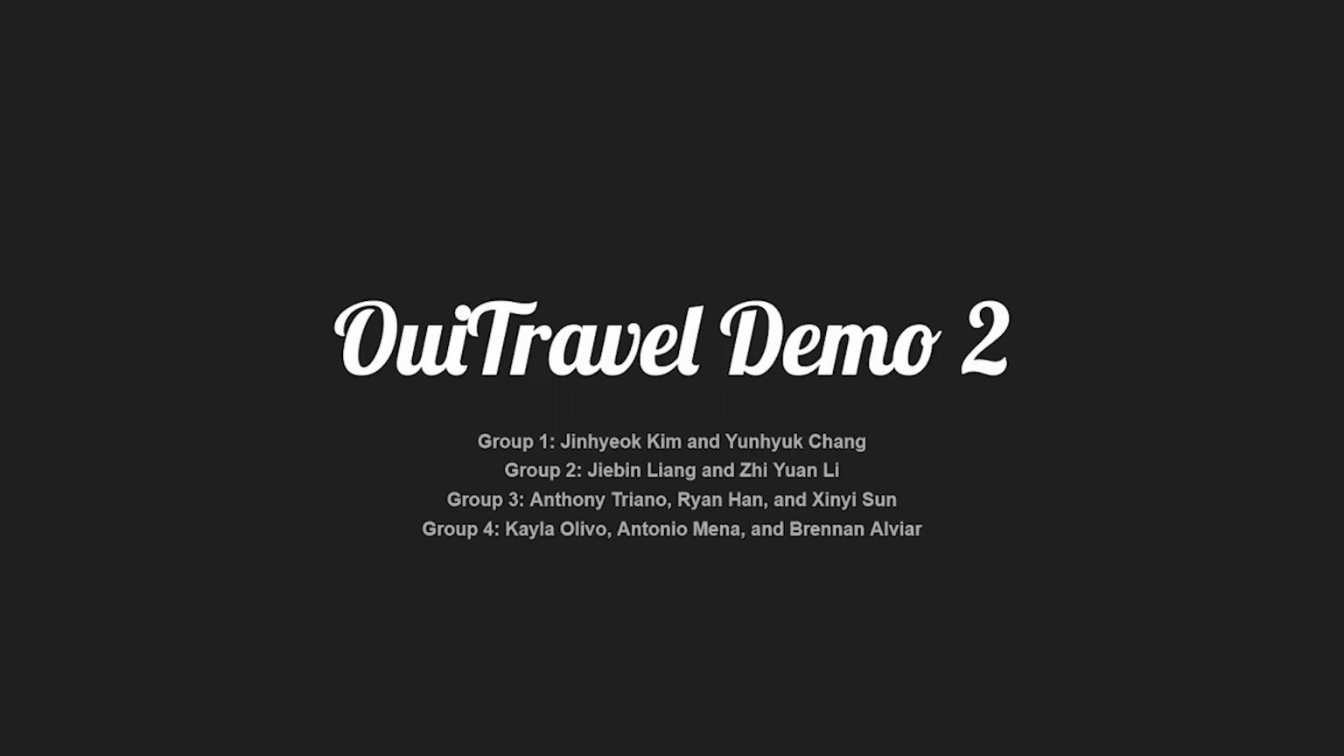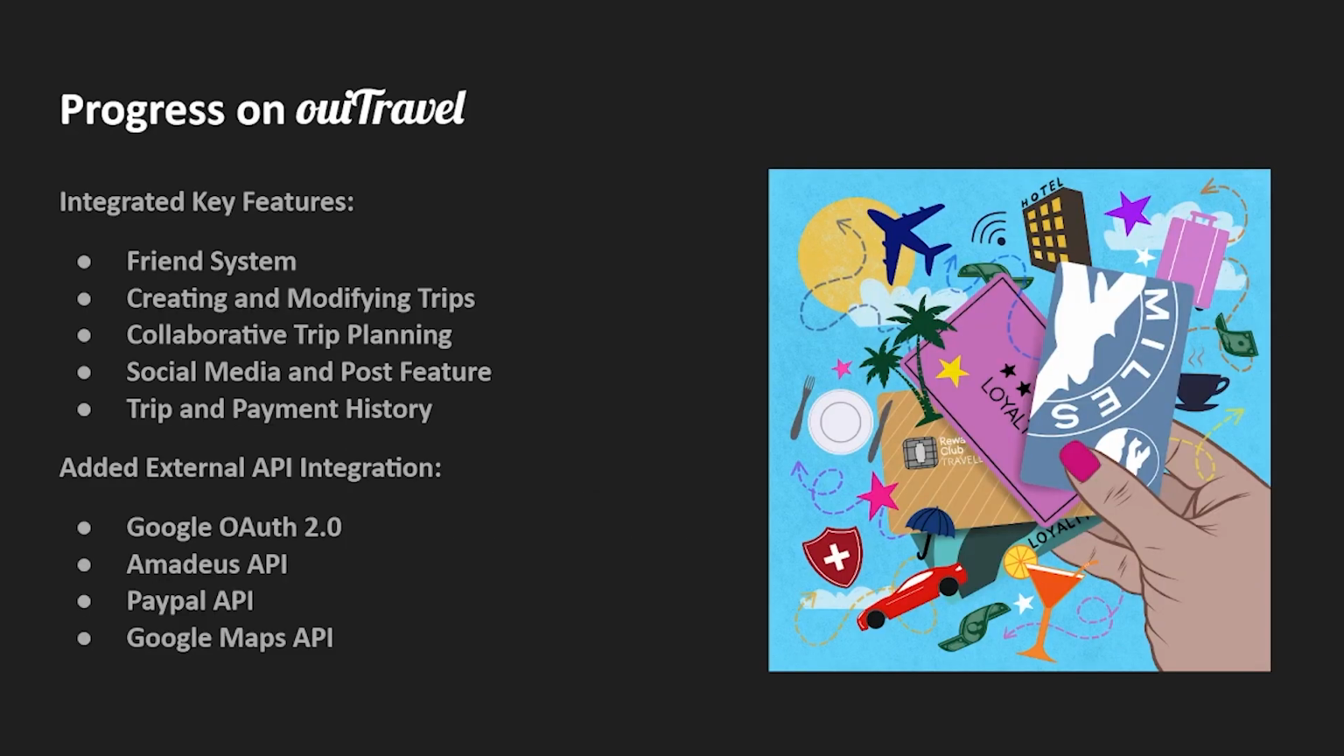This is ouiTravel demo number 2. So I just wanted to include a quick summary on everything we've progressed on since demo 1, just for ease of understanding. Some key features we've integrated since then is a friend system allowing you to add and remove friends. We also implemented creating and modifying trips, a collaborative trip planning system that you can add and remove friends to